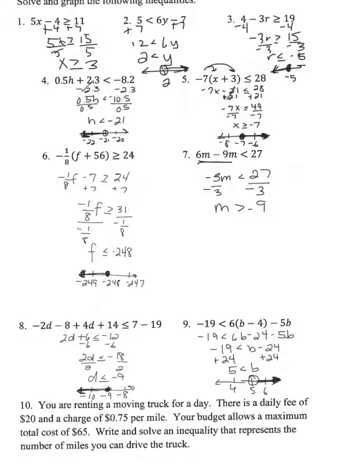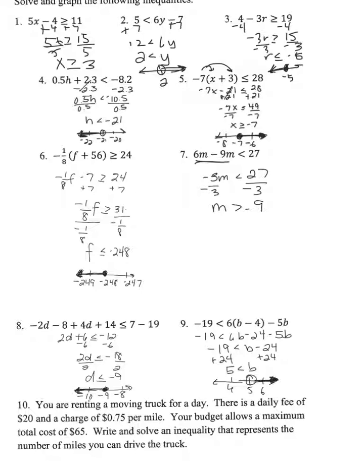In number 4, we just simply subtracted 2.3 from both sides, then divided by 0.5 to get h is less than negative 21. Open circle, shade to the left. 5, we distributed the negative 7 to both terms, then we added 21 to both sides and divided by negative 7, and again we had to flip our sign, so x is greater than or equal to negative 7, so closed circle, shade to the right. 6, you distributed the negative 1/8, and then we added 7 to both sides, and then we divided by negative 1/8, and again dividing by a negative we had to flip our sign, so we have f is less than or equal to negative,